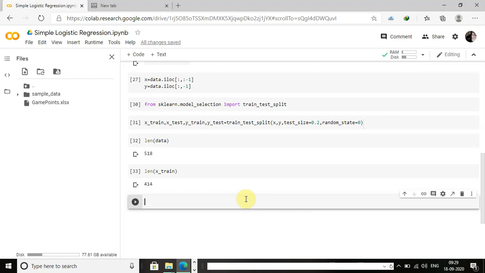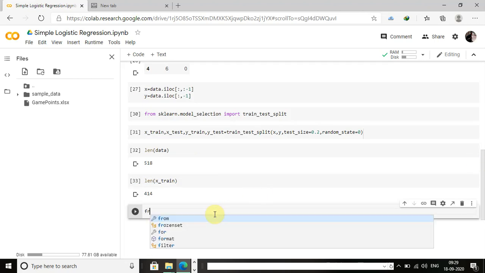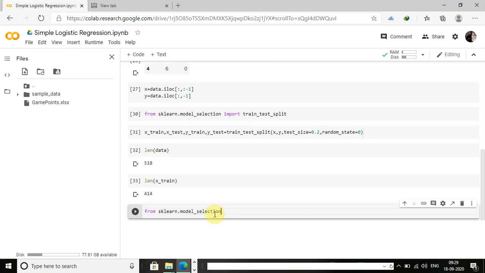Now I'm going to initiate my model. For that we are going to use the sklearn package, from sklearn.model_selection import LogisticRegression.